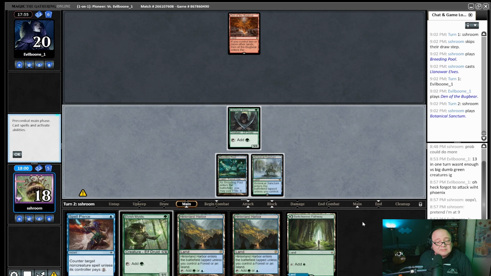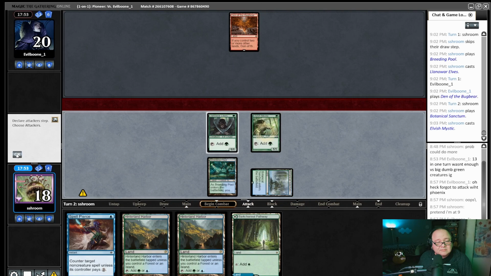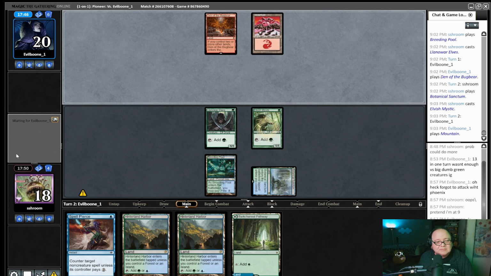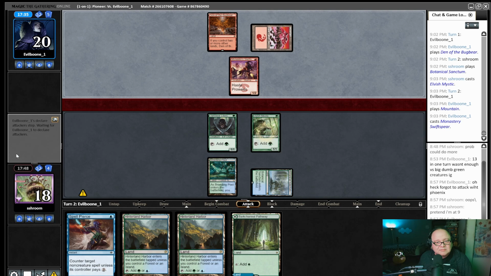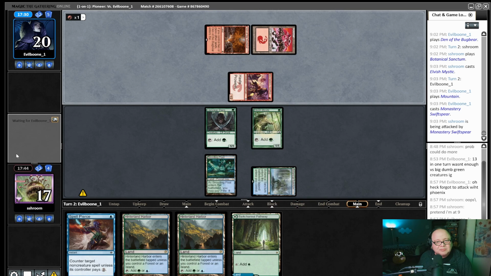Okay, Botanical Sanctum. Let's play another Elf. Pass. Could have attacked there, but I want to make him think that I have something that I don't. Swift Spear. I'll take one. Could have gone for a double block there, but...